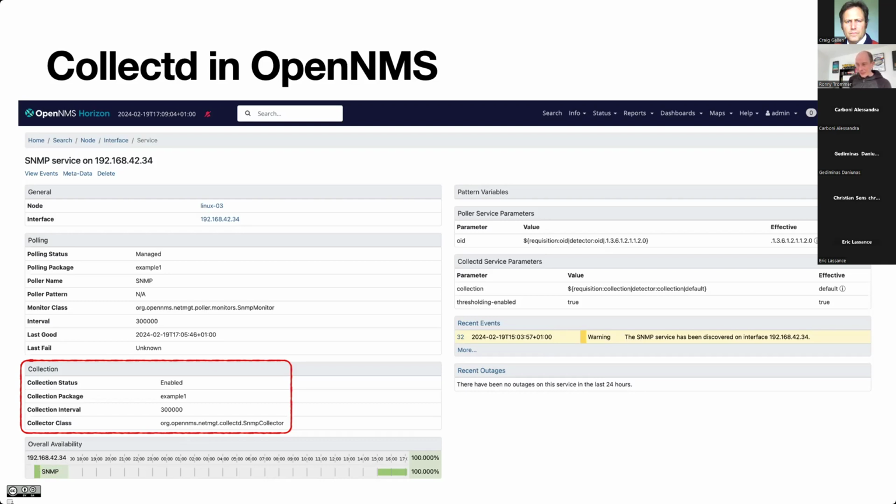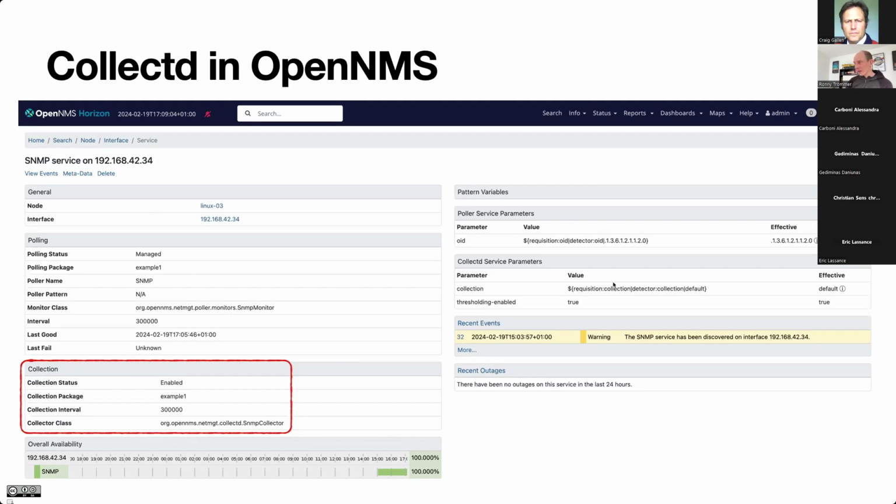So here, from that dashboard, we don't have the list of the metrics we want to collect, right? No. Okay. It's just telling you basically what OpenNMS is doing with that service. So what do we have configured for that SNMP service? What you see is basically, okay, I see we have an SNMP monitor running.